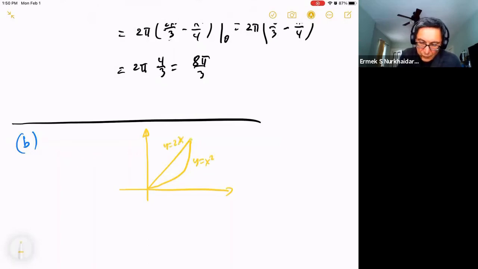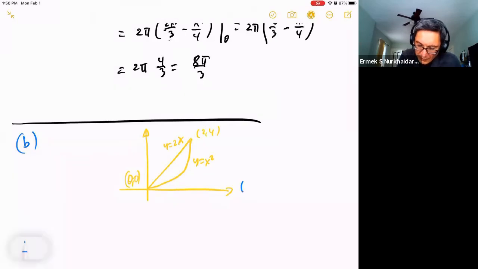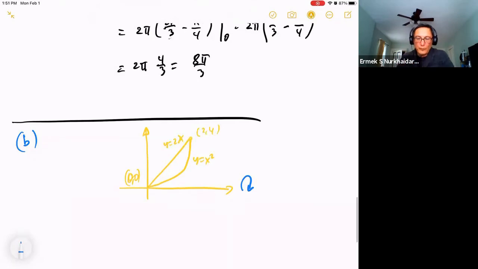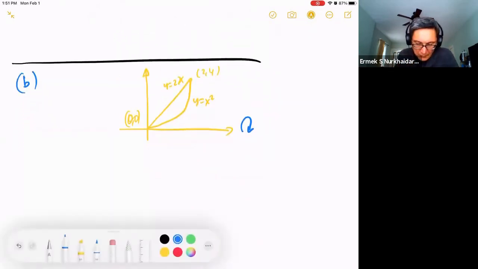So we know the intersection point here, (2, 4) and (0, 0). And now we're going to rotate it around the x-axis. Okay. So if you do,